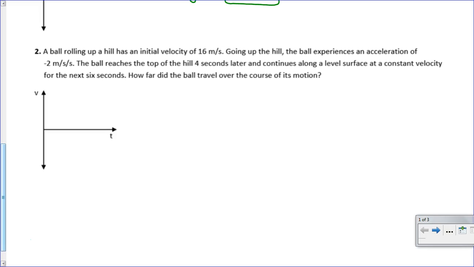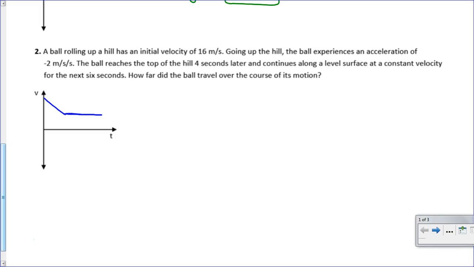So in this one, we start out at 16 meters per second, but then the ball is slowing down as it's going up the hill. So it slows down, then it gets to the top of the hill, and it rolls with a constant velocity after that point. That way, so we've got a horizontal line. So on this,